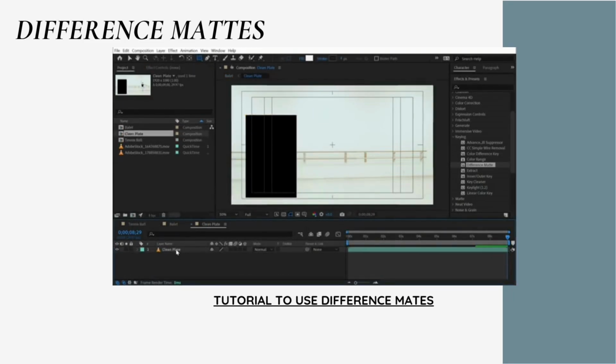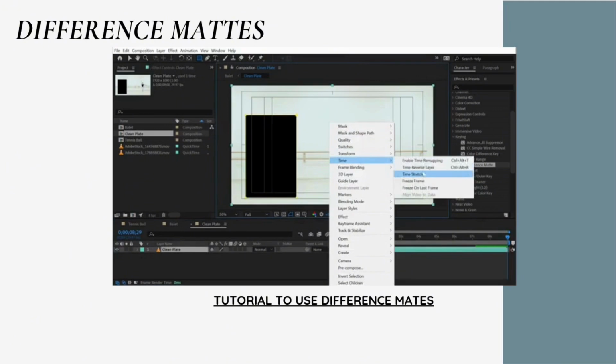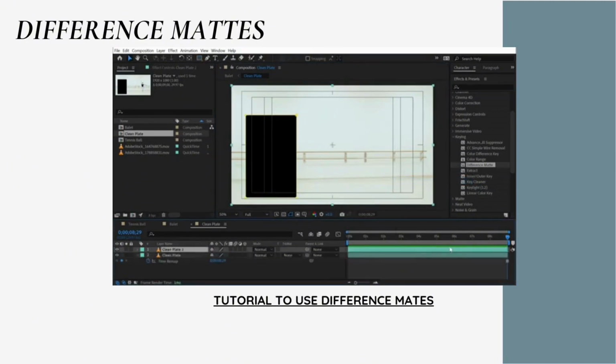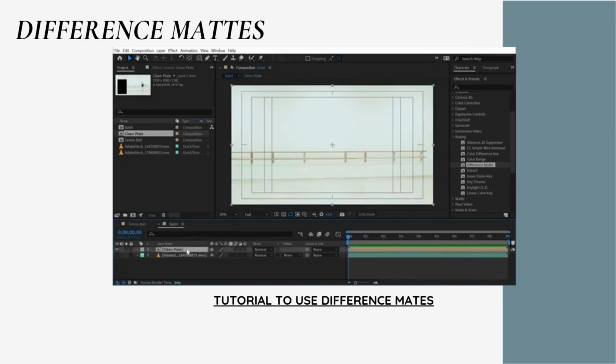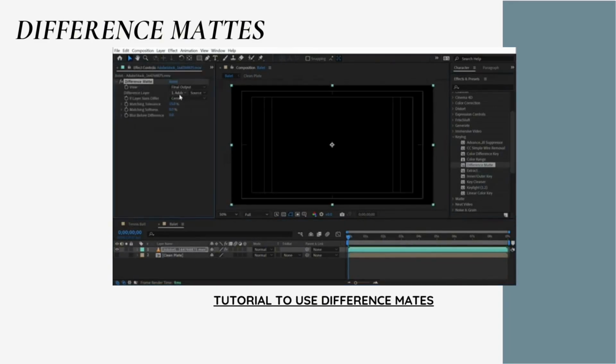I'll go into that pre-comp, right-click and again say Time Freeze Frame. Then I'll duplicate this layer, press U to bring up the keyframes, and then dial this back to where the ballerina is on the other side of the frame, and move my mask over to that side. Now between those two layers, I've created a clean plate from this footage. So let's jump back into the ballet comp, turn that layer's visibility off and the original source footage back on, put the difference matte effect onto that footage, change my difference layer to my clean plate, and we're sort of